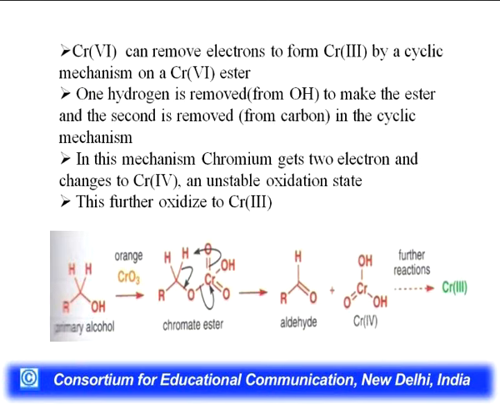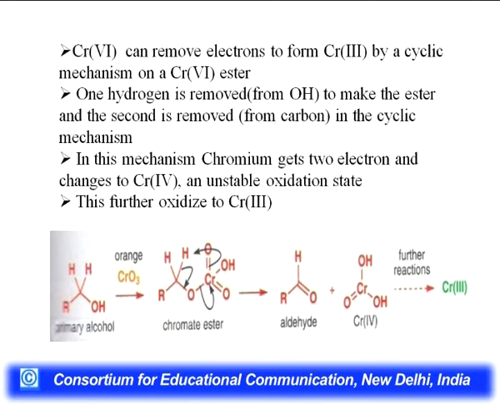Chromium 6 can gain electrons to form chromium 3 by a cyclic mechanism on a chromium 6 ester. First of all, one hydrogen is removed from OH to make the ester and the second is removed in this cyclic mechanism. You can see that when a primary alcohol reacts with CrO3, there is a formation of chromate ester, and